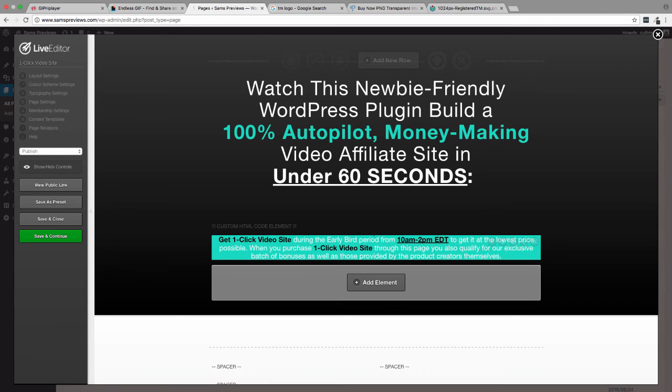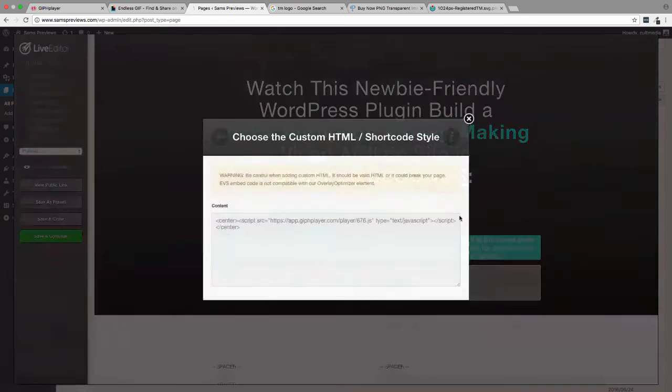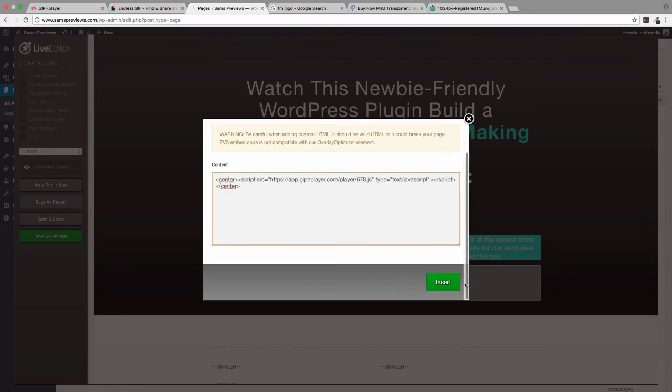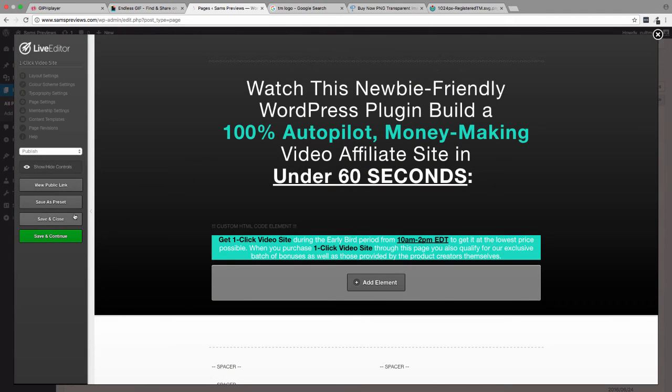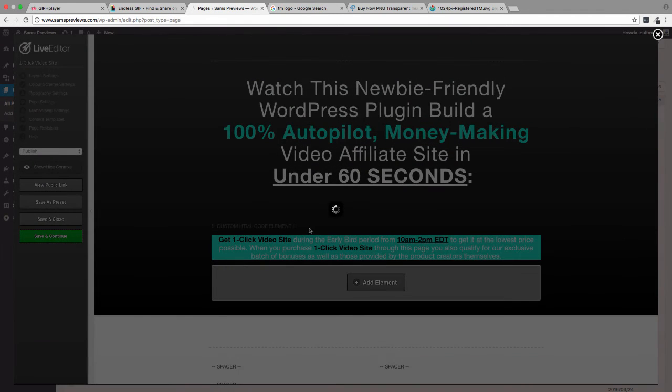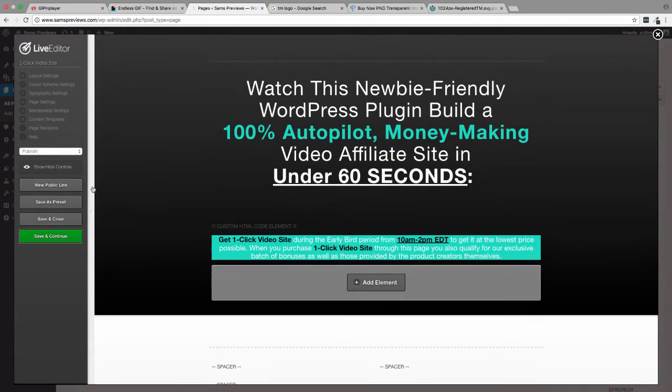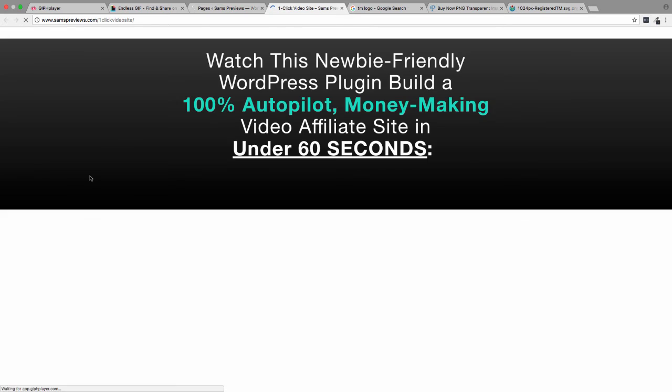Now, believe it or not, I've prepared a website here as well, so we can check it out. All we do is we paste our script code in. Okay, here we are. Click insert. Perfect. So we got our custom HTML code in. I'm going to click save and continue. This is an old bonus page. And then if I go view public link,